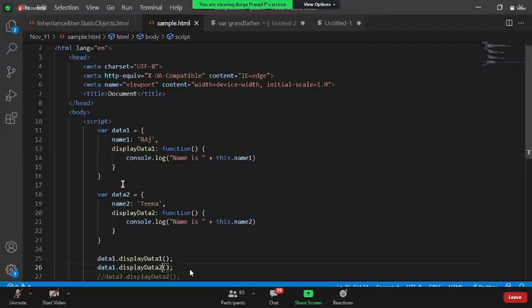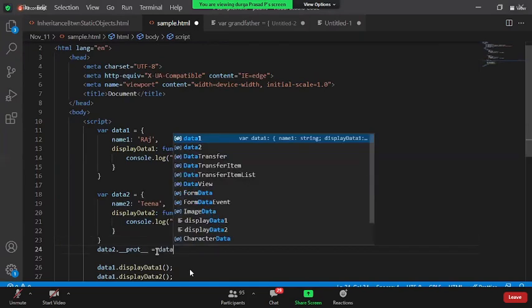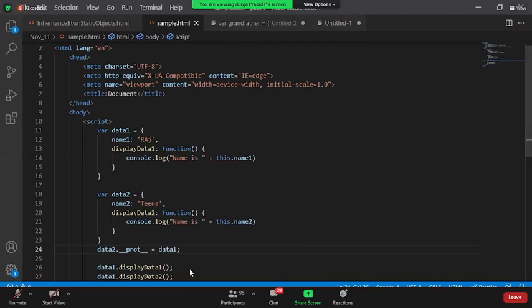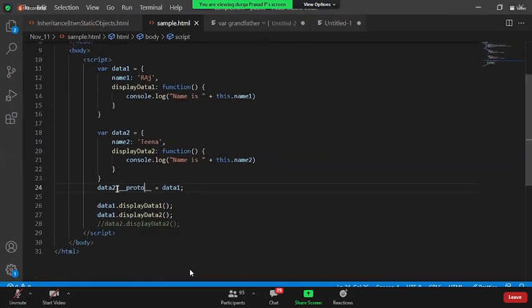Now I say here, data2 dot underscore underscore proto underscore underscore is equal to data1. Sorry, proto spelling, PROTO. And I'm saying from data1.